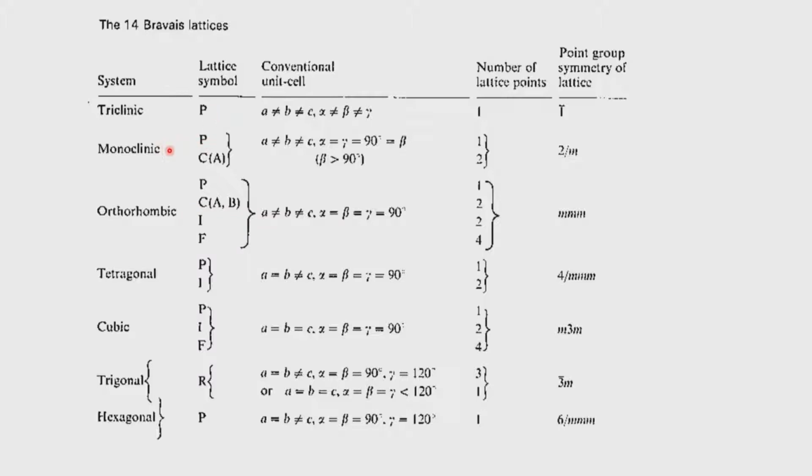So, here for example, in the case of a monoclinic system, it could be a primitive lattice or a C-centered lattice. So, this is the definition for the unique axis being b. So, beta is always different from 90 degrees. The convention says that the beta angle is preferably greater than 90 degrees. Modern day crystallographers, particularly people who just solve structures without thinking about what is going on, even report beta angles less than 90, but crystallographic convention demands beta to be greater than 90.